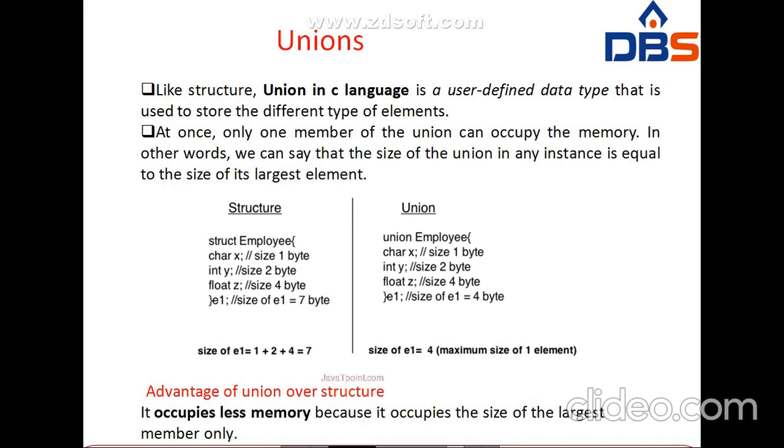Okay, see, what is a union? Unions are just like structures, but there is one small difference between structures and unions. A union in C language is also a user defined data type that is used to store different types of elements. In a union, at once only one member of the union can occupy the memory. In other words, we can say that the size of the union at any instance is equal to the size of its largest member. The thing is, if we take the structure along with union,